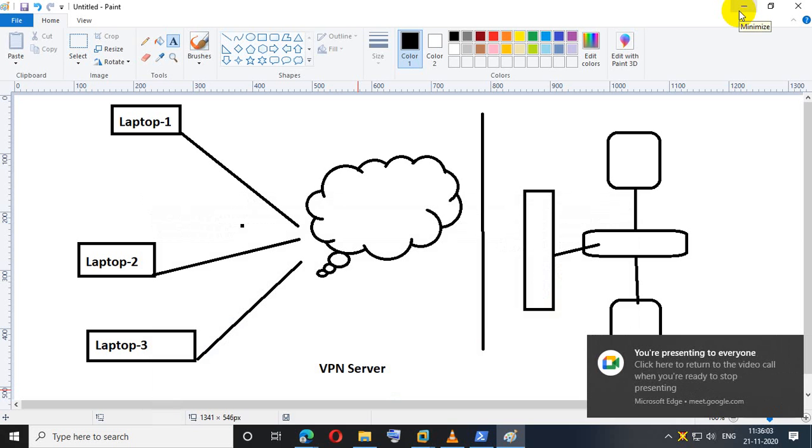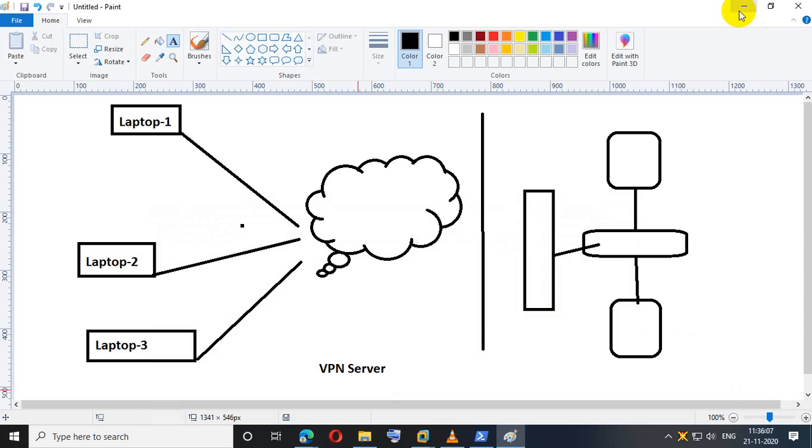Now, because of this pandemic situation, you are often working from home. So definitely the company has provided you a laptop, and all the laptops are VPN enabled. Today I will show you how I can connect the VPN, but it won't work through an external network.